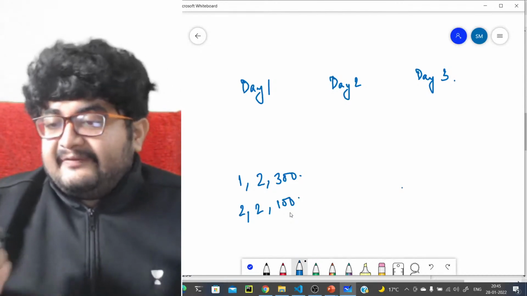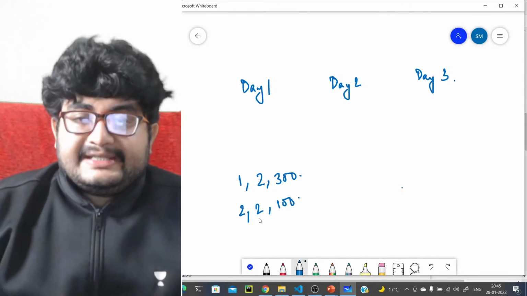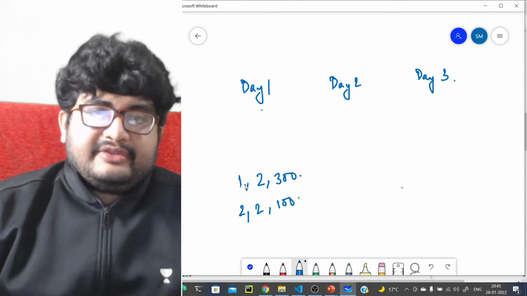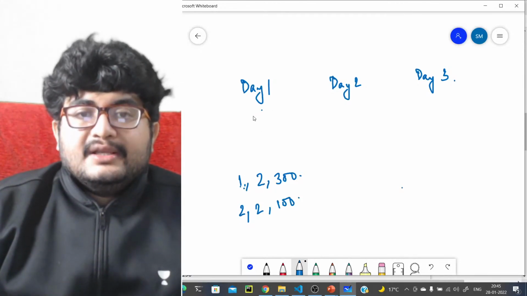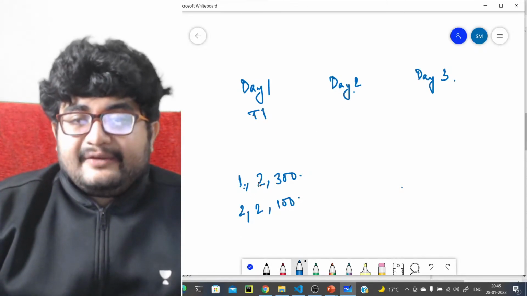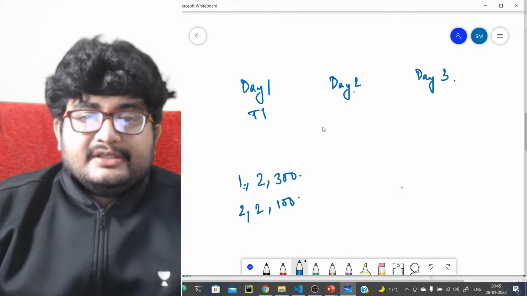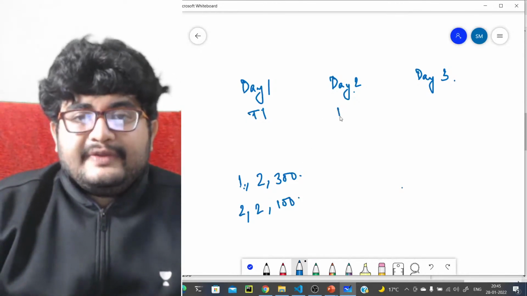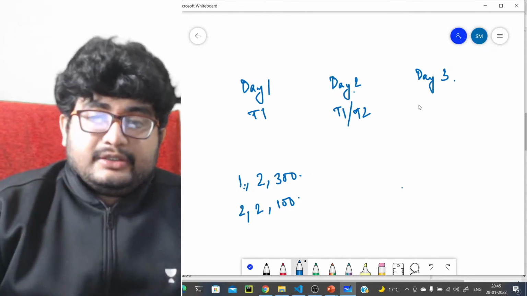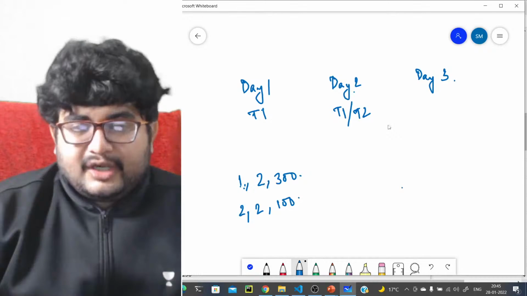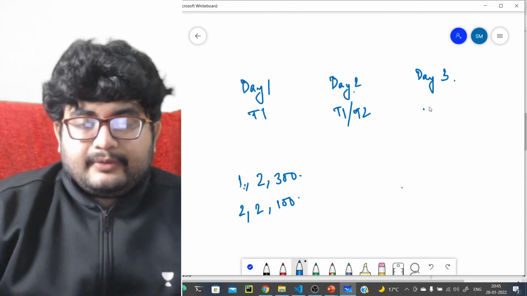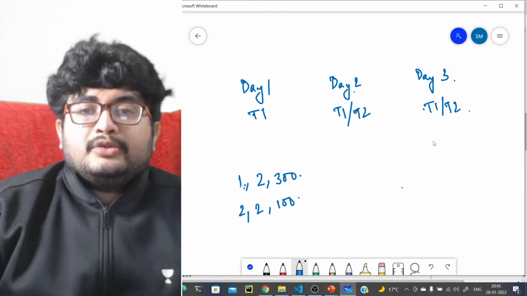So what is the minimum sadness value that you can have? You have to organize them, right? There can be multiple ways. On day one, only the first trainer has come, so trainer one will take day one. On day two, both trainers are available, and trainer one still has one lecture pending, so we can give it to either trainer one or trainer two. On the third day, again we can give it to both. If trainer one is completed, we'll not give it to trainer one; if not completed, we'll give it to trainer one.